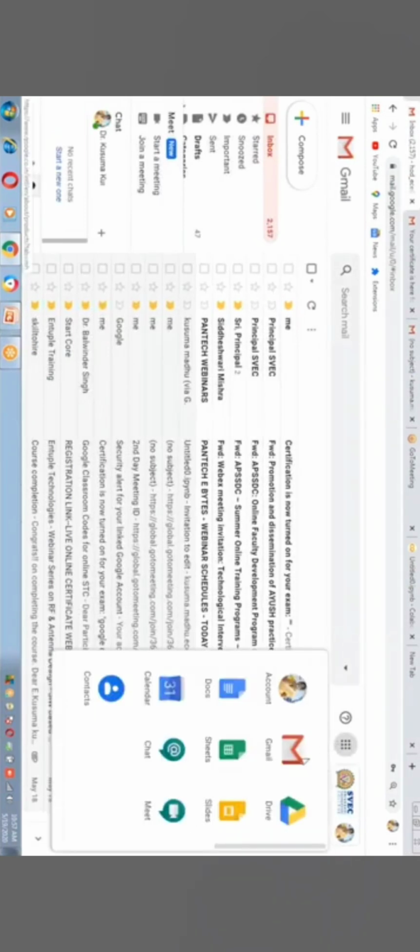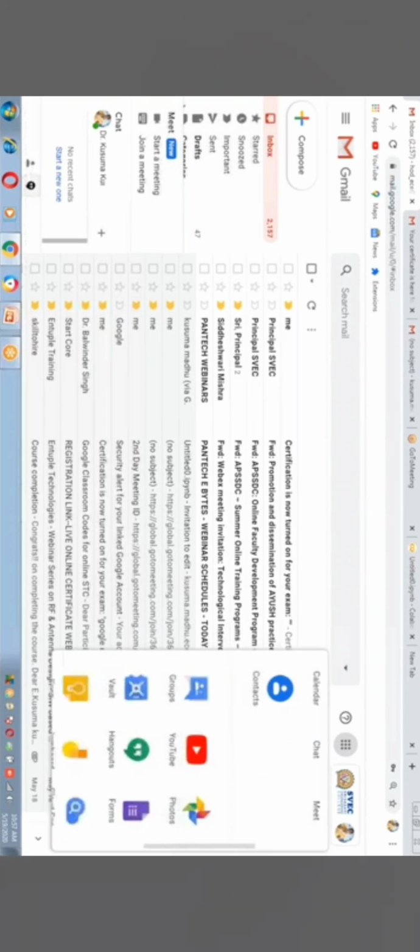See again, these are the Google Apps. This is Keep, Google Keep. I'm clicking on Google Keep. This software is mainly used to